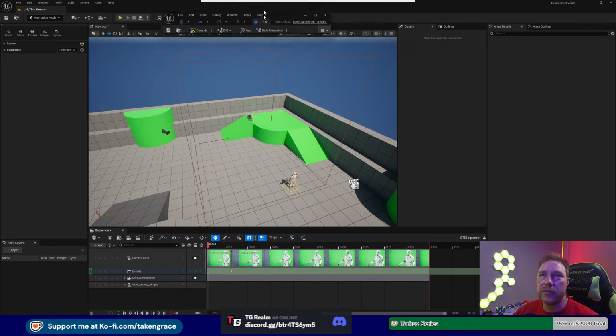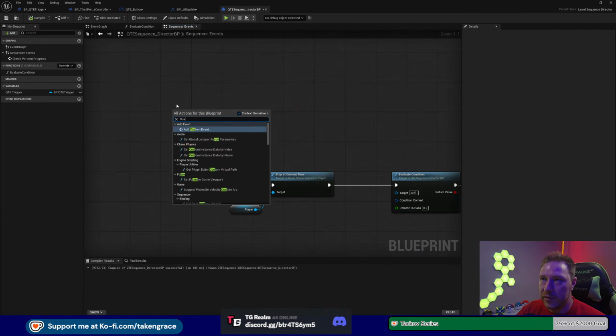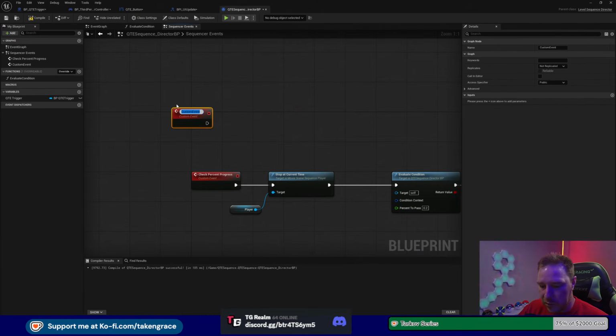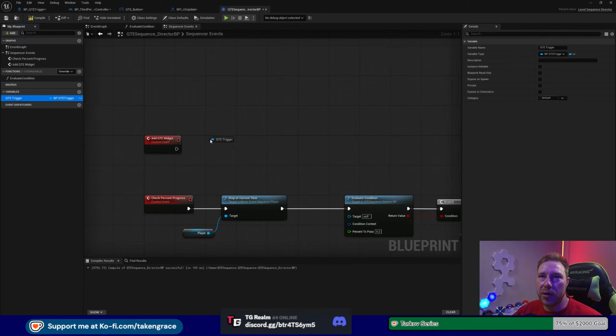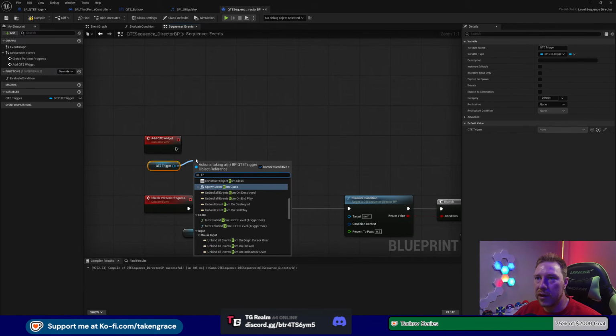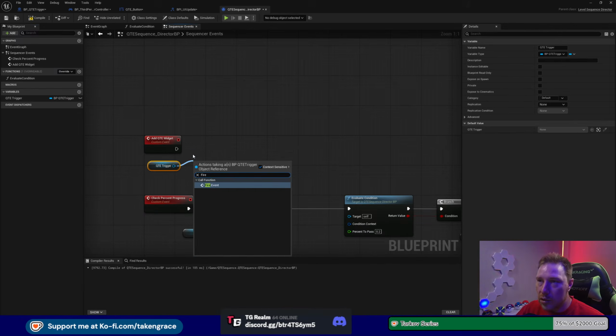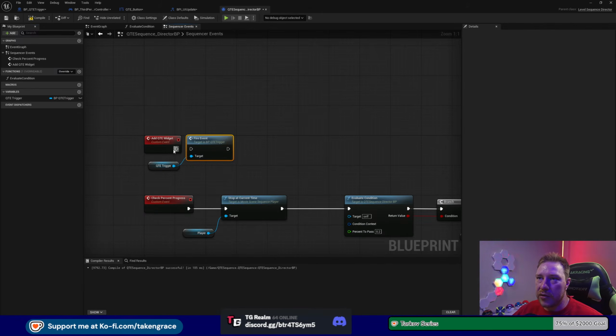Oh, I gotta add it. Sorry, I gotta add custom event, and this will be called add QTE widget. Okay, we'll add the QuickTime event widget. We will then grab this and we will fire event. And to be honest, there's a couple things firing that, so we're not going to worry about that right now. But you could have a separate event that adds all of this stuff here and starts the timer,